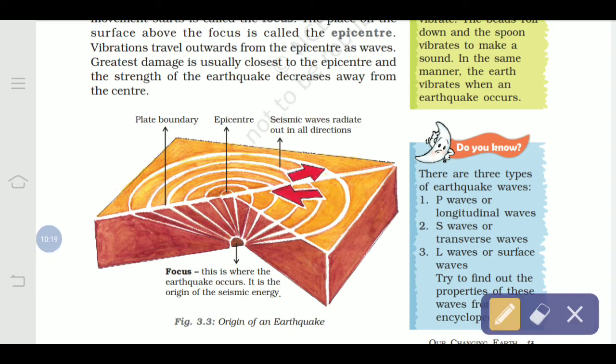The waves at the center where the earthquake starts, the vibration would be more severe compared to the seismic waves which are further away, at the furthest place. There the damage would be less. The further the vibration moves, the less the destruction or damage would be, but where it starts, the damage and destruction would be found more.